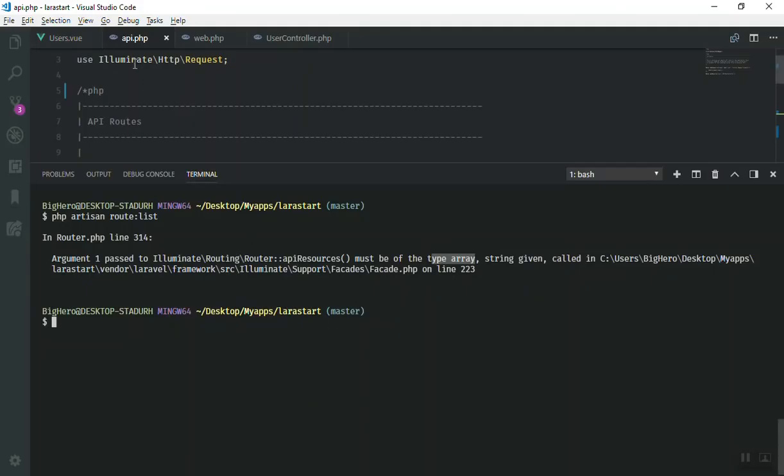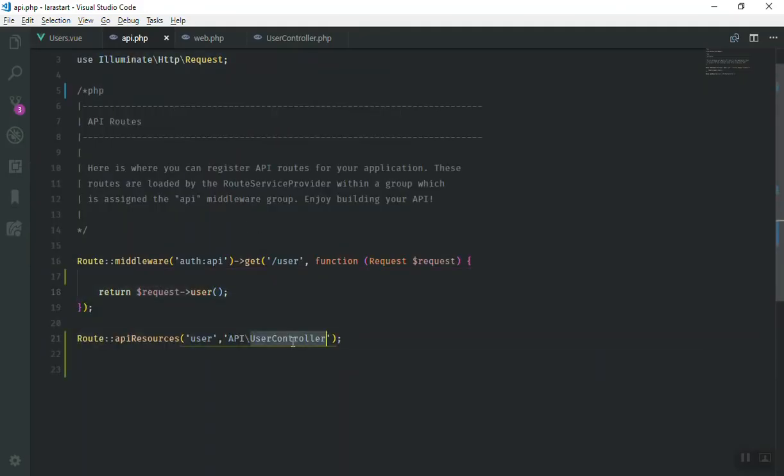So what I'm going to do is just close the console, and instead of this one we just write an array. So we will pass the array, and I will write a user. It should be user, and the value should go to API slash user